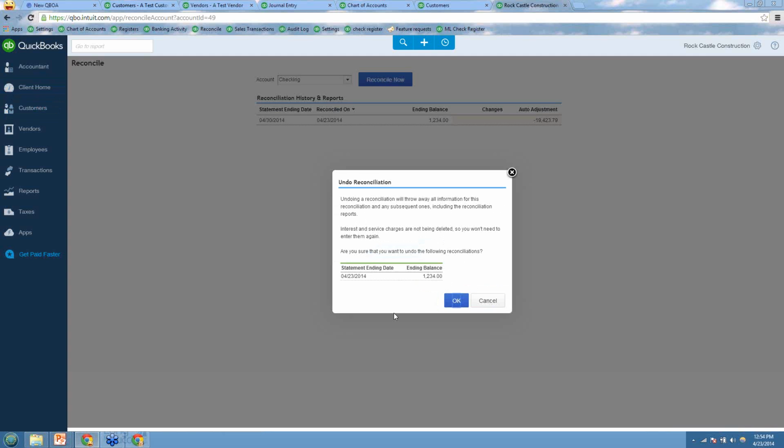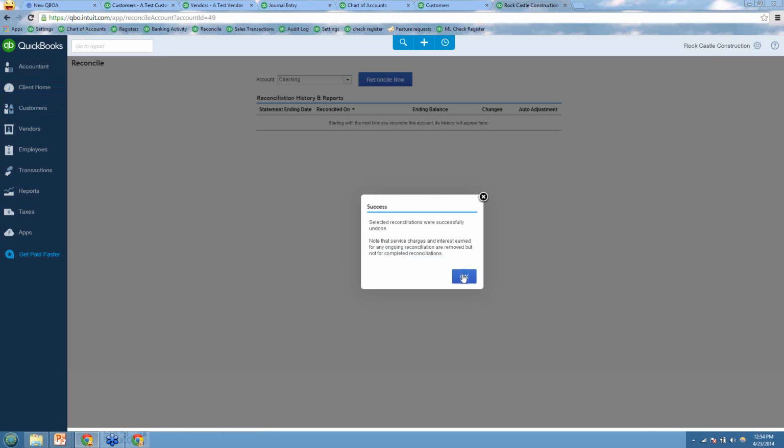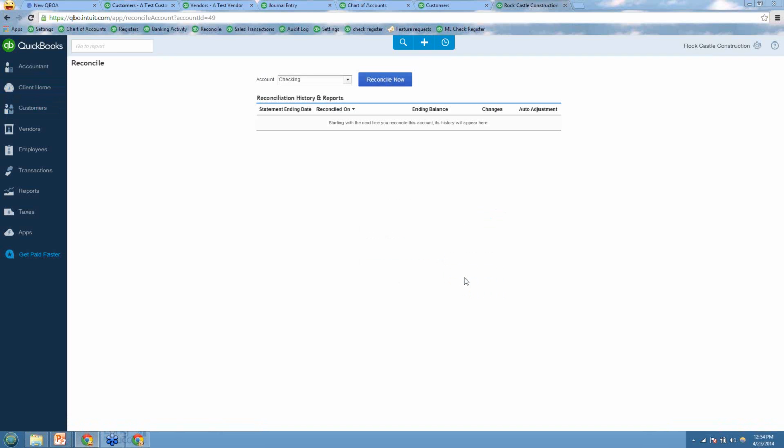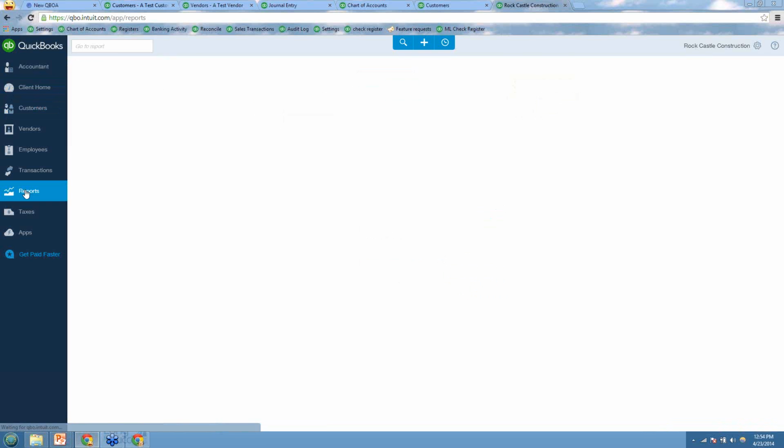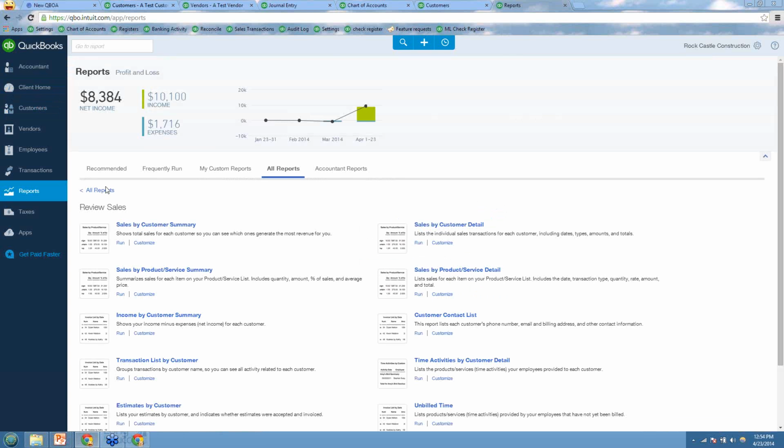But that's how you undo the bank rec, is by clicking out there. And you could do as old as you wanted. So you could do 3 months at a time if you wanted to. Click on OK. And then it says, note, it's not going to be removing these things. Okay, so it's not going to undo those things. Let's go double check to see if they took off that, because I've been hoping that they would get it to undo that